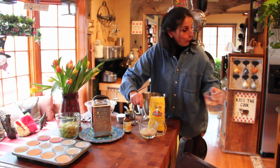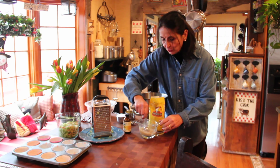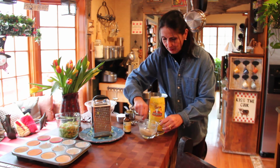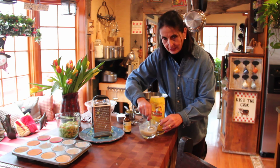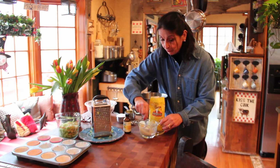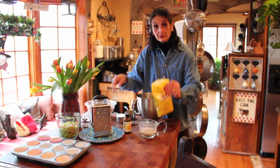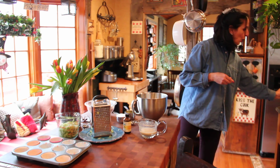I just worked with it, and this is what I came up with. Now, of course, I'm not the first one to have come up with replacing eggs with flax meal. I did a little research, I did a little playing, but this worked out beautifully. So you start with this and let it thicken a little bit. Okay. Flax meal. Meanwhile, I'm going to put some canola oil